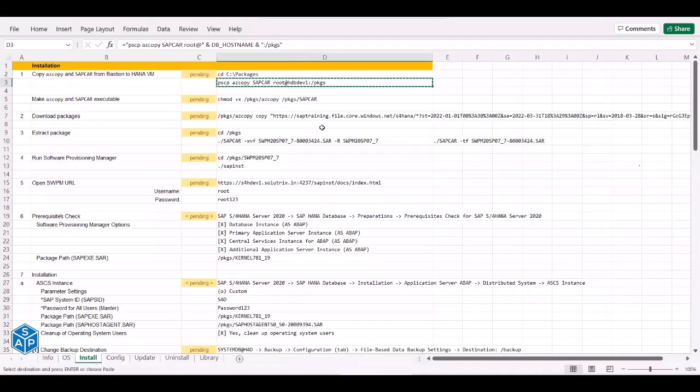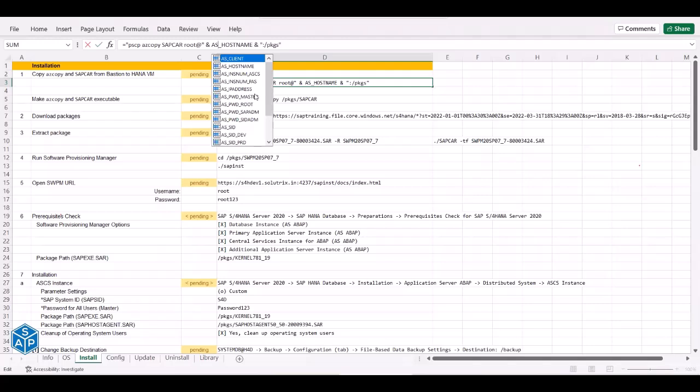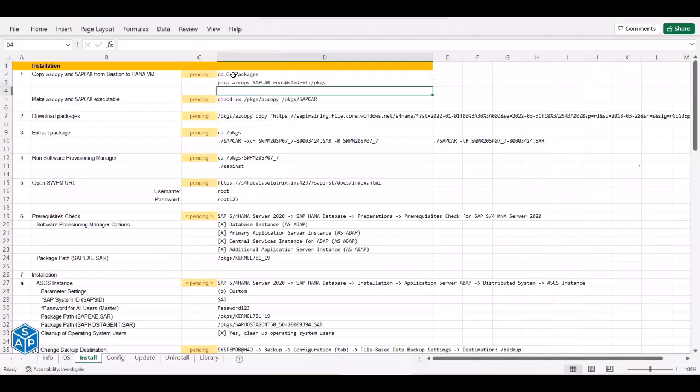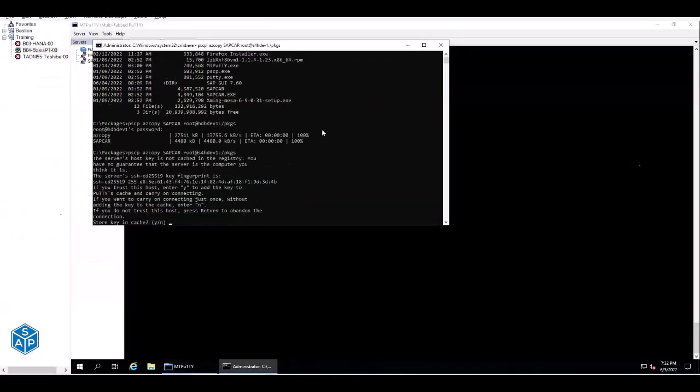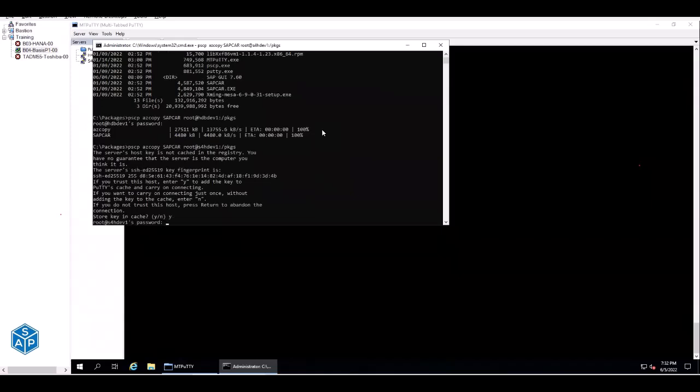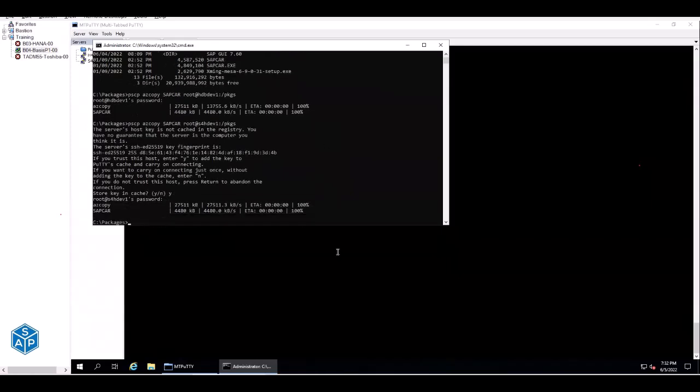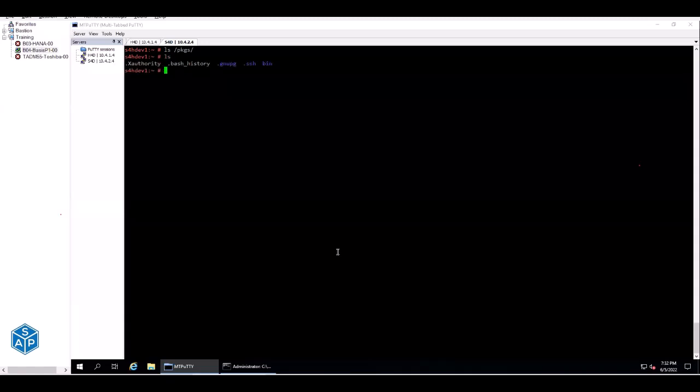Okay, so there is a mistake. We have copied it inside the database. This is the mistake over here. It has not been copied in the host, but it has to be copied in the host. Yes, here it is. So again, run the same command to copy it. So here it is copied now. If you check the content of packages,